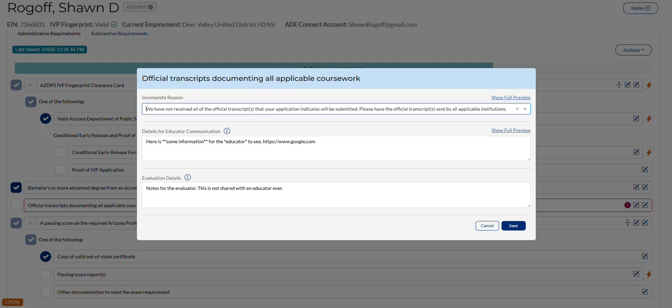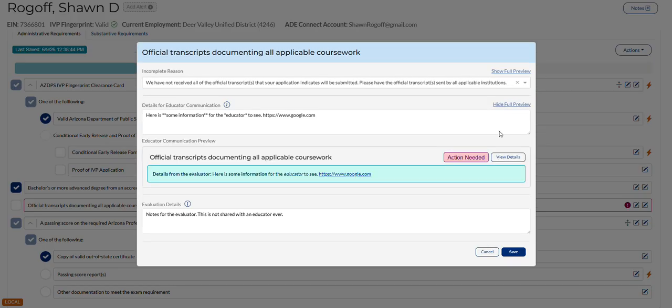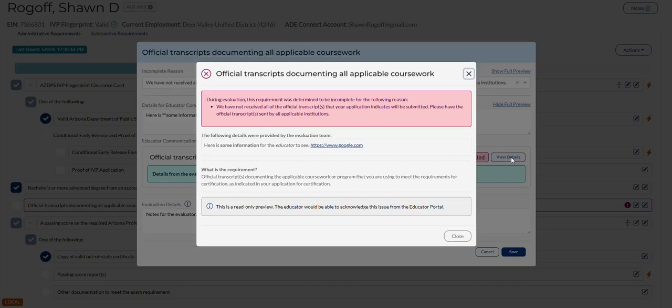You've got the title of that requirement, so you can see what you're actually working on. We get the same kind of previews here, but also notice we have a different kind of improved preview. So instead of just the little text, you see this whole little deal. And that's because this is what they're going to eventually see in the educator portal. Now you can click view details here,